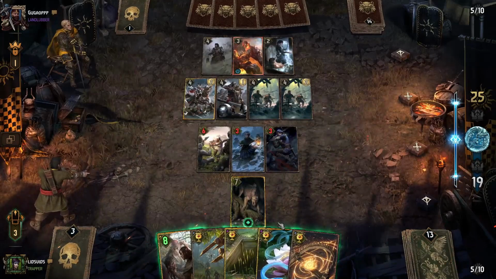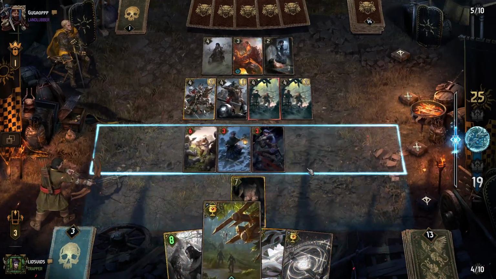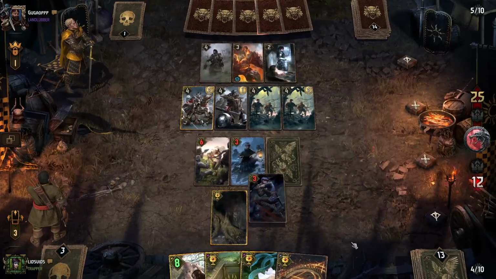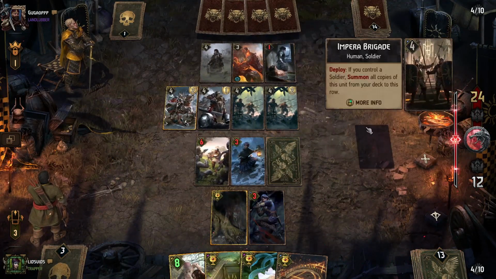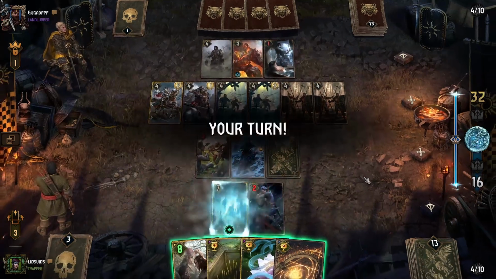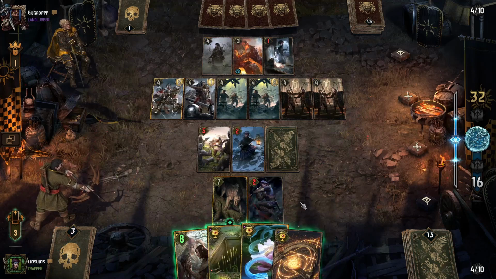Okay. So now, in terms of which trap we'd like to use, I'm thinking we might go Crushing Trap. Since they have a lot of cards lined up in that melee row. Granted, a lot of them have armor, so maybe it's not the best option after all. They are also pretty close to getting out this Sunset Wanderers. It might be about to happen right now. It'd be kind of nice. Sort of like to bleed that out. So I'm thinking, what if we go...